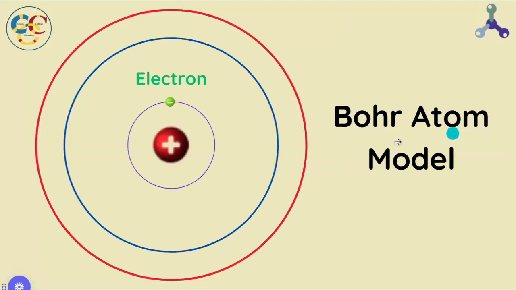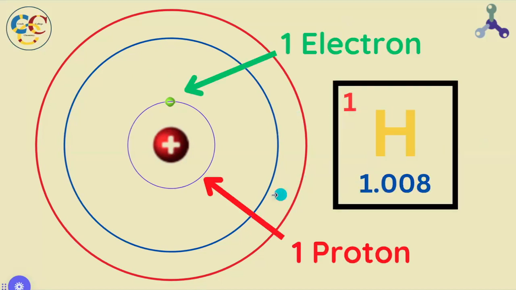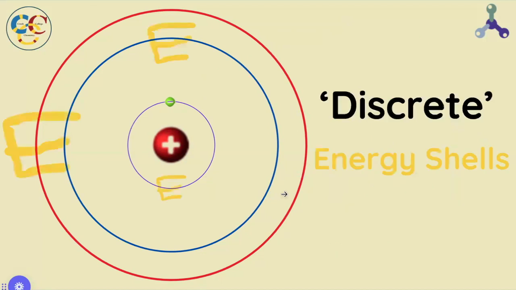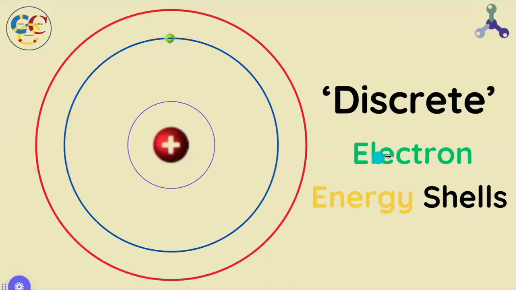The model of the Bohr atom is the simplest way of understanding electron behavior and the energy within an atom. It's actually the most common isotope or version of the hydrogen element with merely one proton and one electron. It's composed of an infinite number of circular rings called energy shells, which are non-continuous or discrete in their spacing about the nucleus. They are also called electron energy shells because they constitute all the possible places an electron can